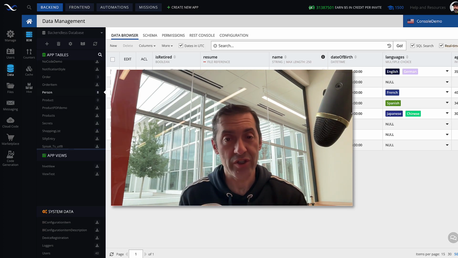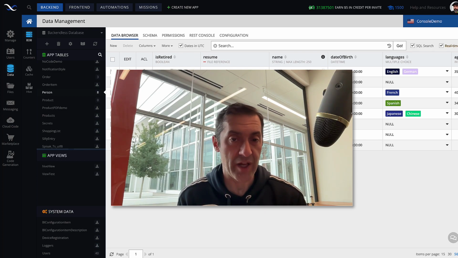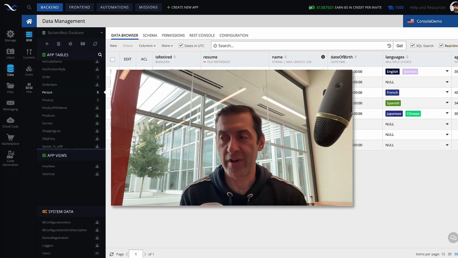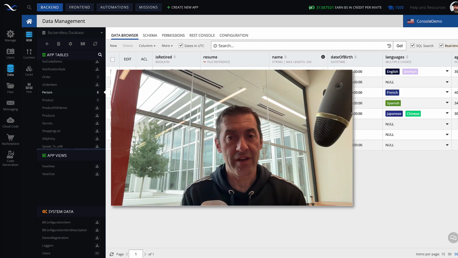Then a JSON array of strings where each individual string is a URL of the file would be very handy because, again, for a single record, you could have multiple URLs sitting as one JSON value, which would be an array of strings. So those are some of the examples that demonstrate where the power of using JSON in a database like Backendless comes into play and becomes very, very effective.